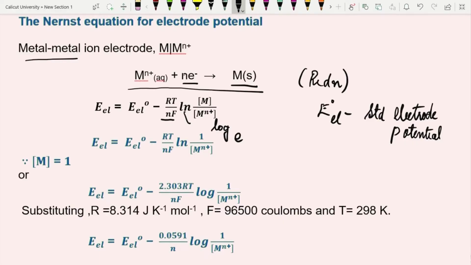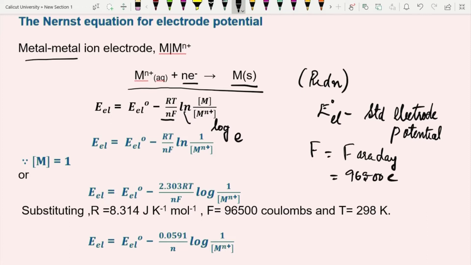You have seen that in this electrode reaction we have n electrons involved in the reduction of that metal ion. So, that is n, and F, capital F, is known as Faraday, which is equal to